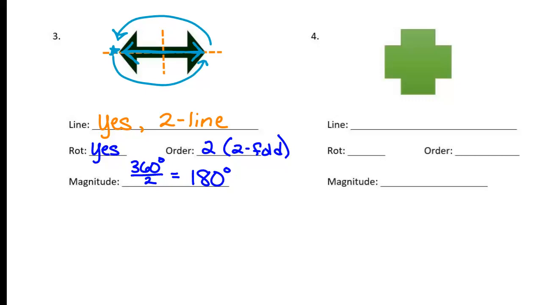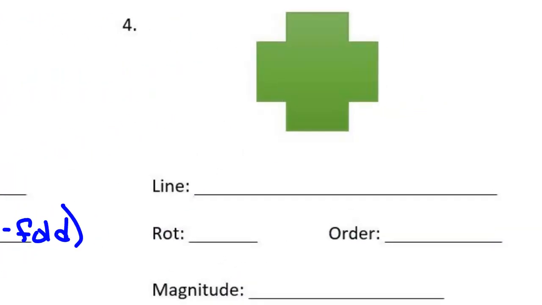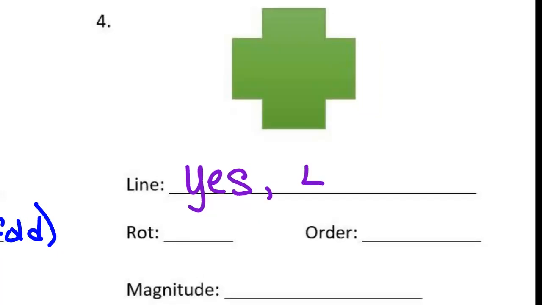All right, big plus sign. Do we have any lines of symmetry here? With this big plus sign. Yes, we do have line symmetry. How many lines of symmetry can I draw? 4. We have 4